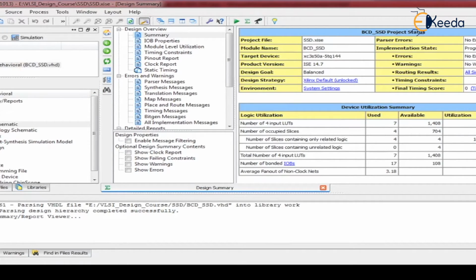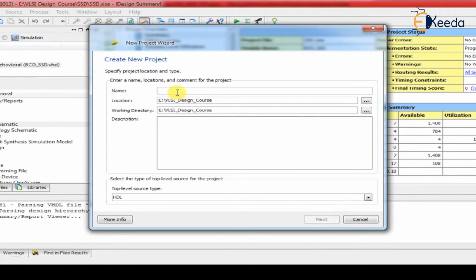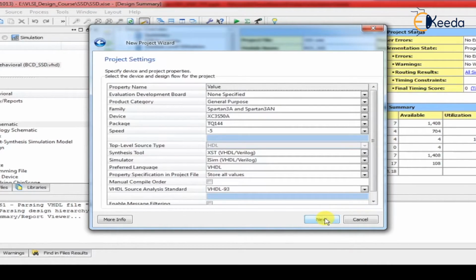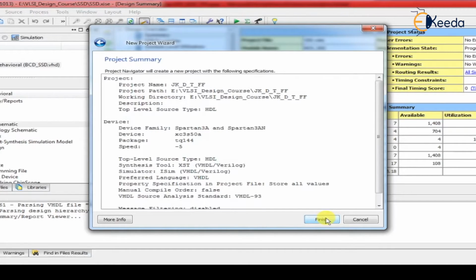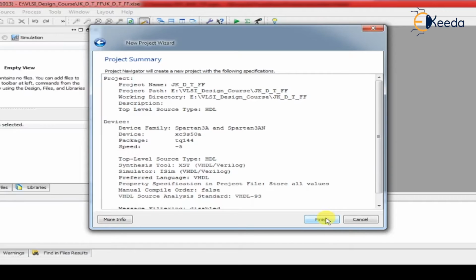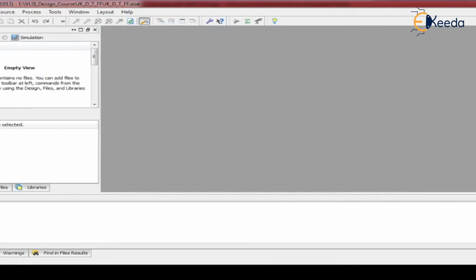As usual, we follow the same steps: file, new project. I am giving the name JK_D_T_flip_flop. All these flip flops we are writing in a single code. Today I am going to show you how to write JK, D and T in a single file. So let's begin.